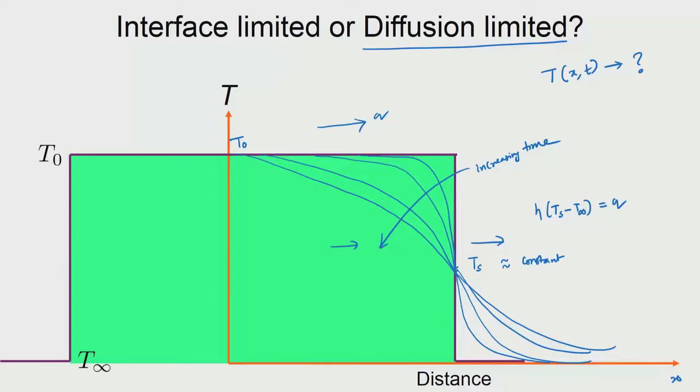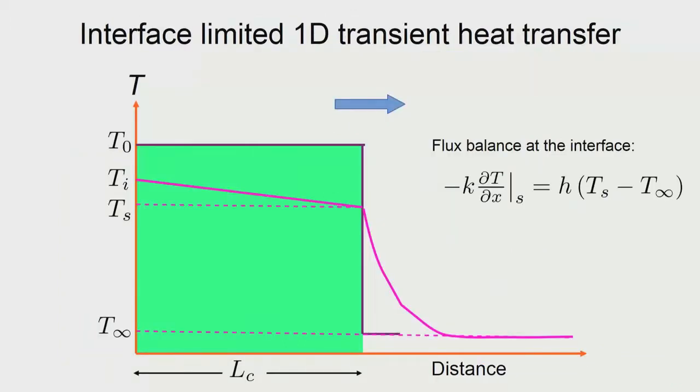Okay, so we take the one dimensional case and see how the transient heat transfer would take place. We will take these two cases one after the other. Let us take the first, interface limited 1D heat transfer. As we have discussed, the temperature gradients are very small inside the bulk. That is why Ti minus Ts is a small number, and therefore inside the bulk